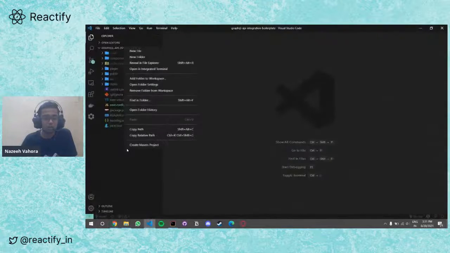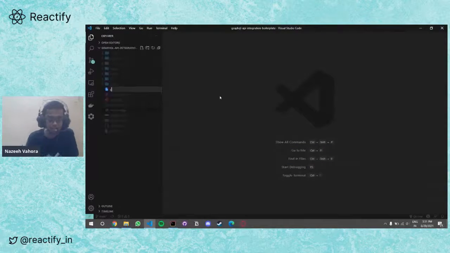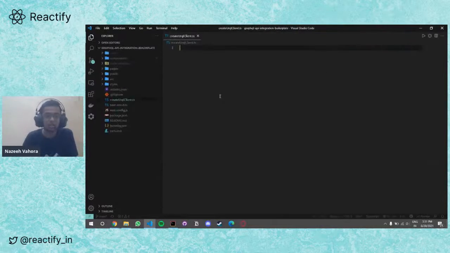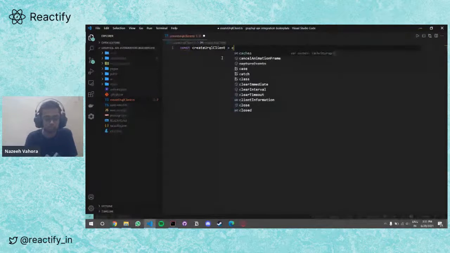In order to configure it, I will create a new file, createUrqlClient, in my root directory, and here I'll create a client.